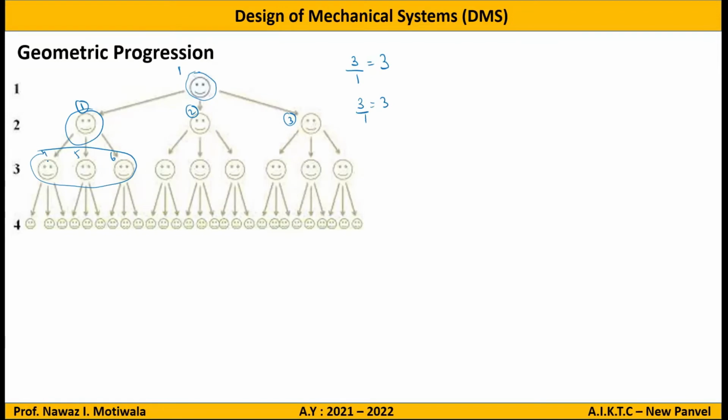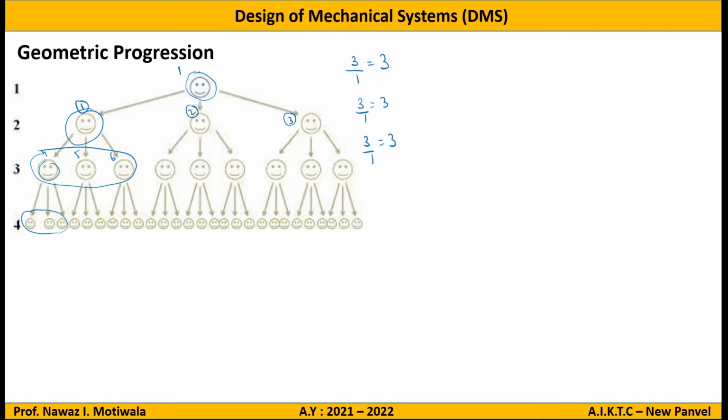Here you can see under this one person there are 3. So again, what is the ratio? 3 under 1. So again the ratio will be 3/1, which is equal to 3. So I hope you have now understood the concept of geometric progression: the two consecutive levels, or if I go into the gearbox side now, two consecutive speeds,